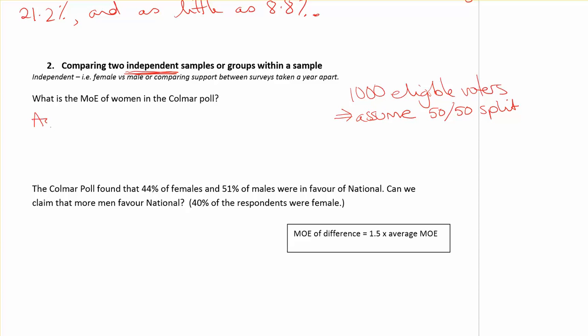So we will assume 500 women, which would mean the MOE would be 1 divided by the square root of that,